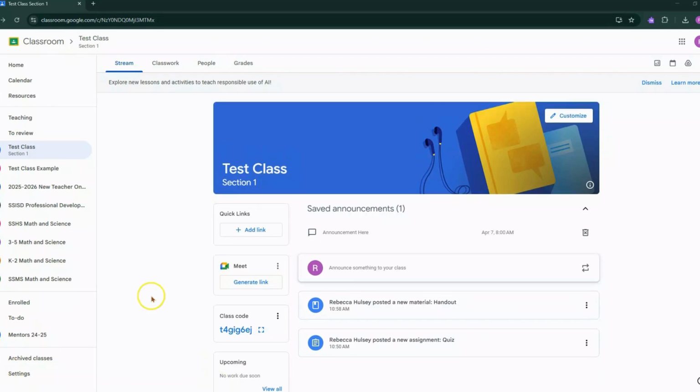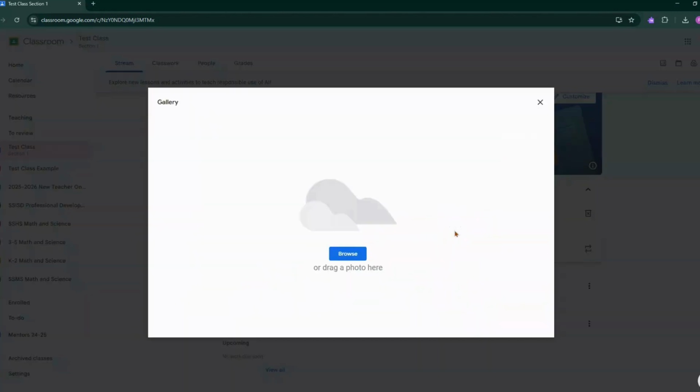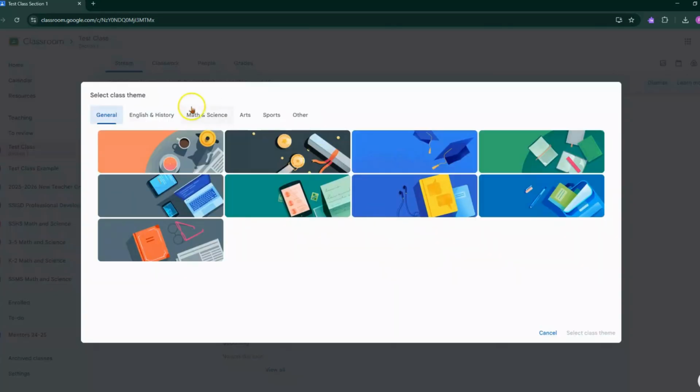The final feature I'm going to show you with Google Classroom is the Customize feature. We always want to create something fun for our students to see and make it inviting. So this is where you get to bring a little bit of flair to your Google Classroom. You'll select Customize. You can just stick with a color theme for your classroom. You can also upload a photo into your Google Classroom header if you have one related to your class, or you can select a photo from Google's